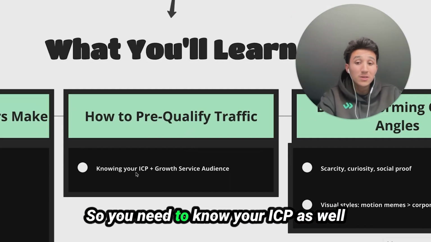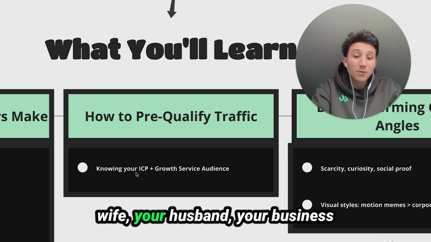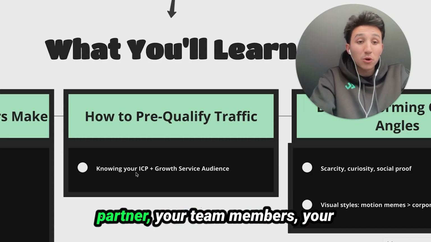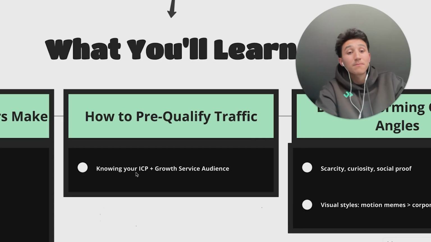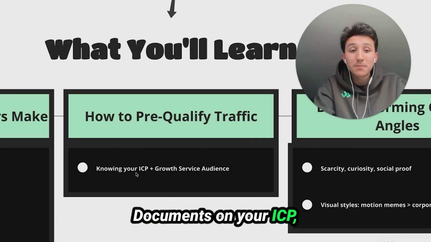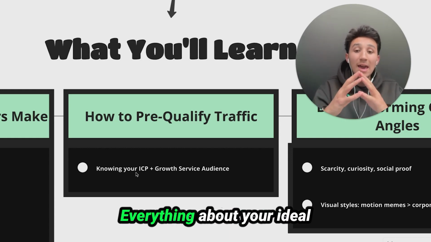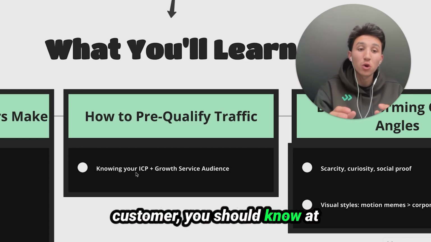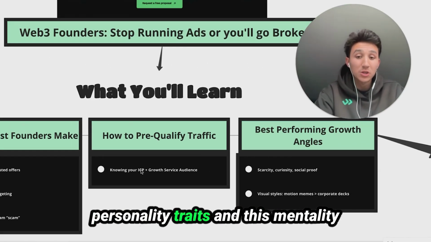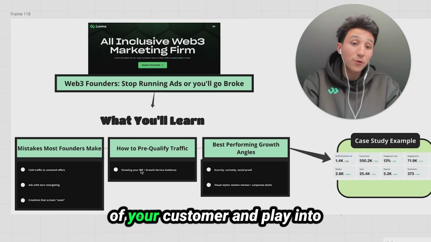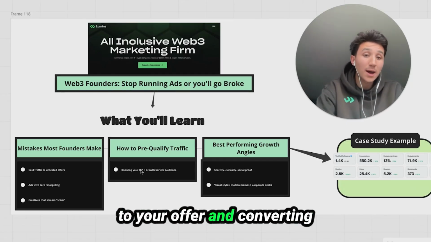So you need to know your ICP as well as you know your girlfriend, your wife, your husband, your business partner, your team members, your family, whoever it may be. Write a document on your ICP: everything they like, what they've experienced, what they engage with, everything about your ideal customer. You should know them at a very, very high level, so you can then play into these personality traits and this mentality of your customer and play into their psychology, funneling them to your offer and converting them to a